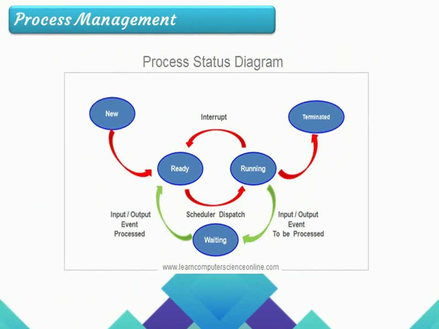Here is a process status diagram. So here the new process is ready to run. But if any process is currently in the run state, then the new process has to move to the waiting state. Or if the new process enters into the run state, in the meanwhile, if any interrupt occurs, it moves back to the ready state. After finishing running, the process will terminate. So this is the status diagram followed in process management.